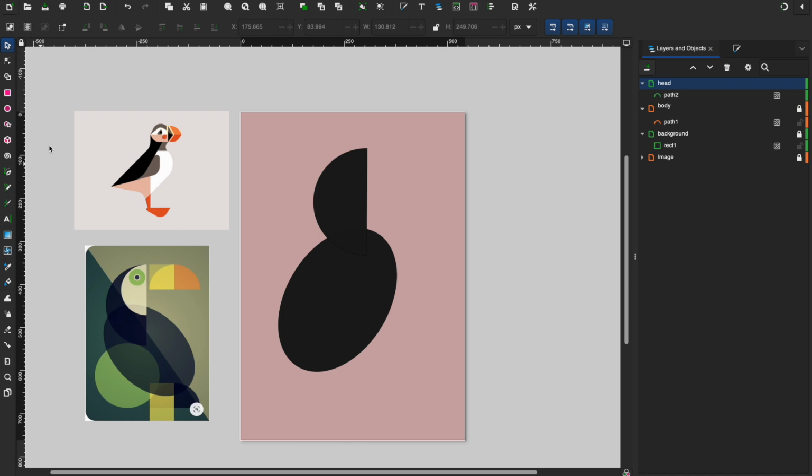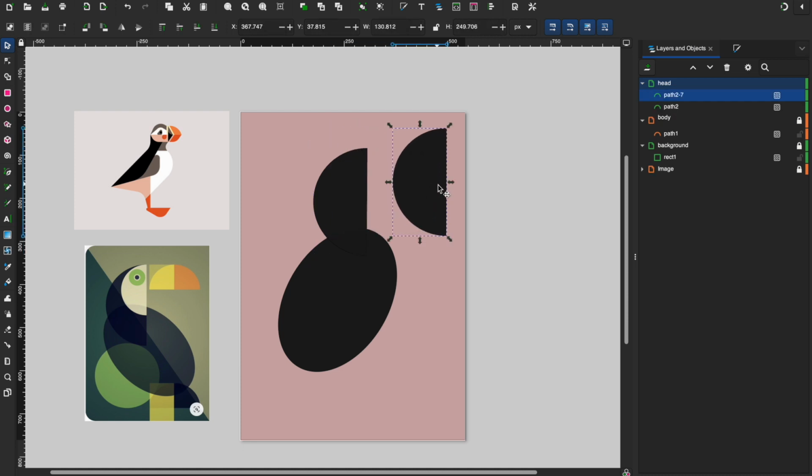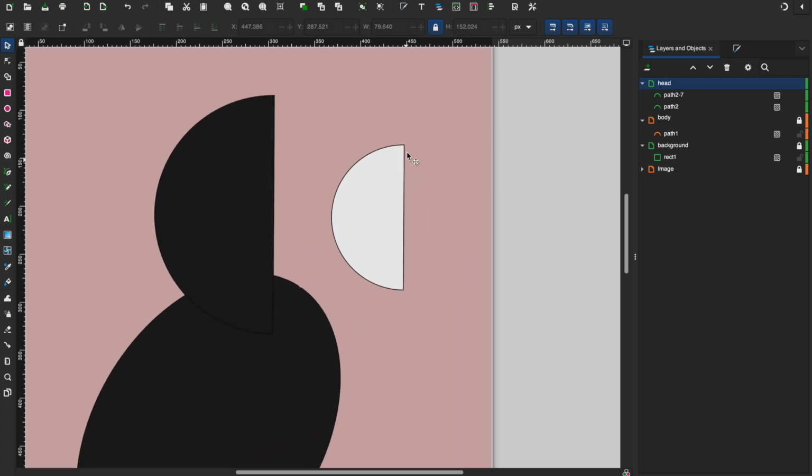Alrighty, now we are going to make the second hemisphere. And we're going to use that same trick of resizing proportionally, and so we'll drag it down. We're going to change it to white, maybe an off-white. That looks nice. This time you can see here that the stroke is still black, and so to change that,